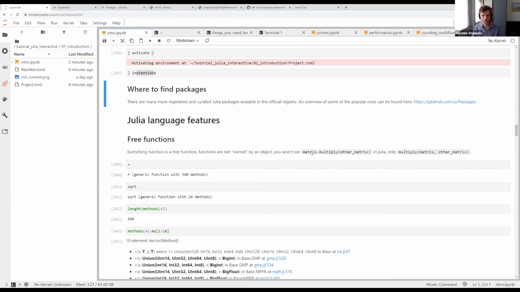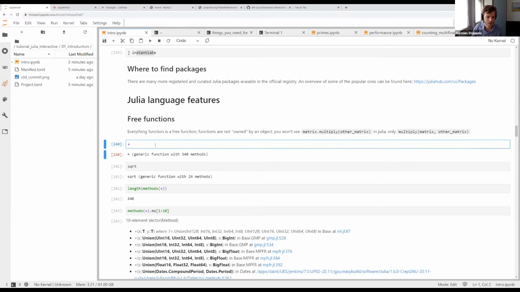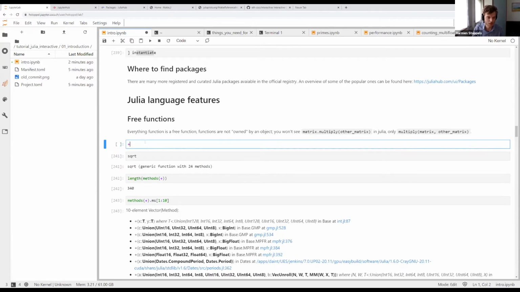You won't see matrix dot multiply and then another matrix. You will only see multiply matrix and another matrix. And in fact, if you look, for instance, at the plus function in Julia,